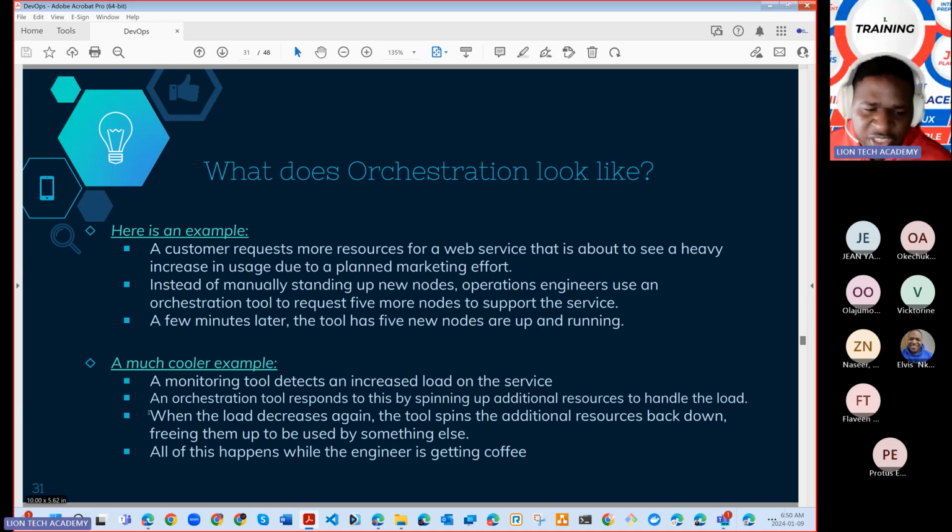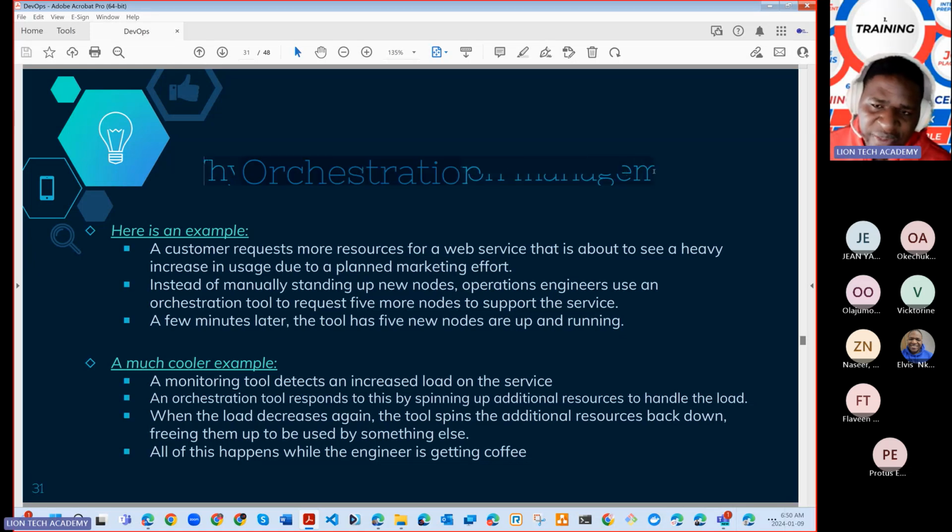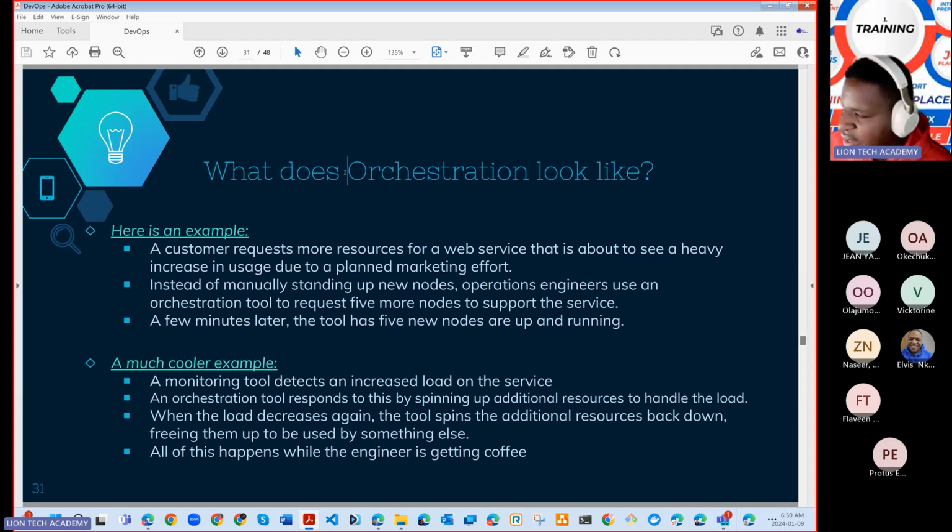Now, this is where the cloud becomes so handy in the DevOps process. This is often handled by tools like autoscalers. Autoscaling in the cloud is a normal practice. It's a practice that we implement as part of our DevOps process. You can work for a company and this is all you do, okay? Orchestration. This alone can give you a job as a cloud engineer,